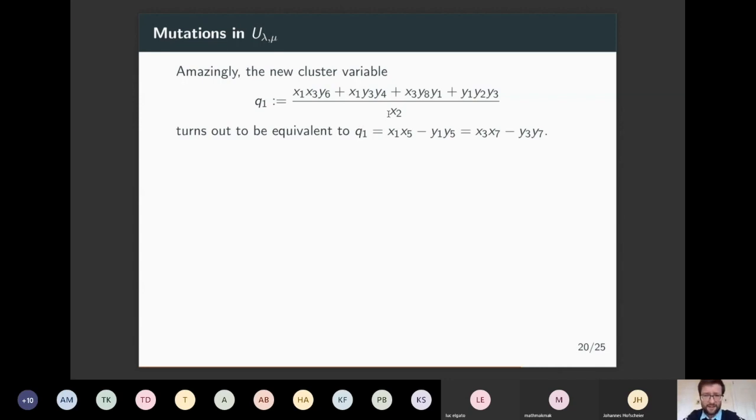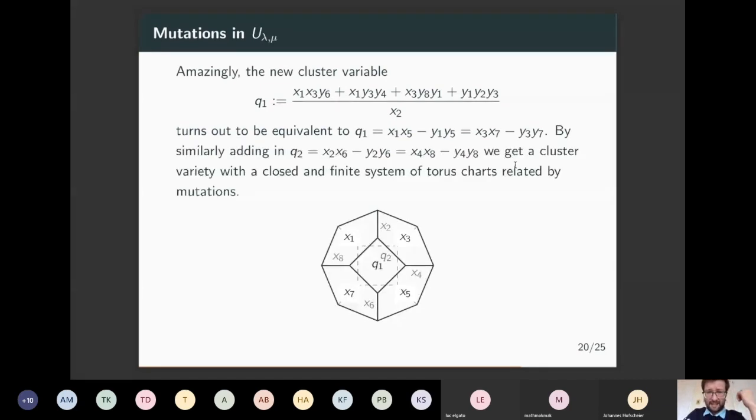And although it looks very complicated, it has a very simple description, which is that Q1 is just x1 times x5 minus y1 times y5. Or equivalently, it's x3 times x7 minus y3 times y7. Because of that extra equation that we had, I have this coincidence that happens between these two things here. And so if I do that, and I also add in a Q2, which is the analogous thing but shifted around by 1, then